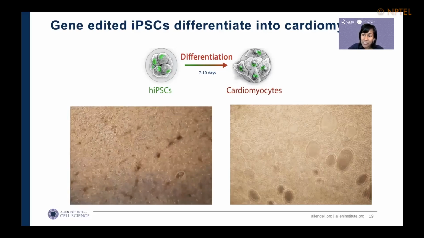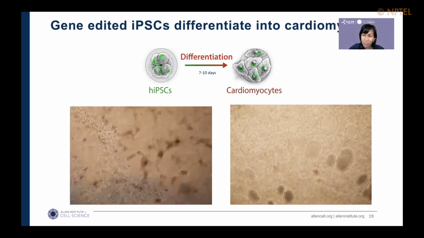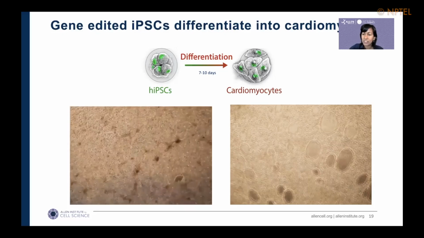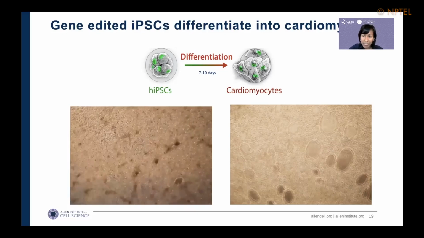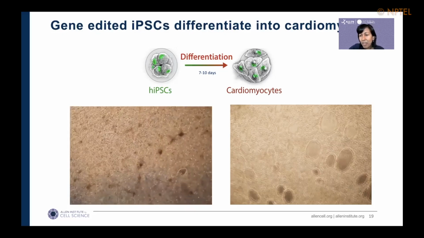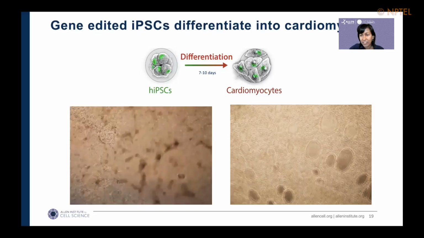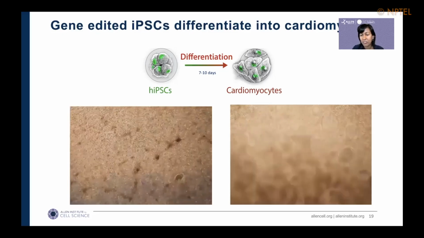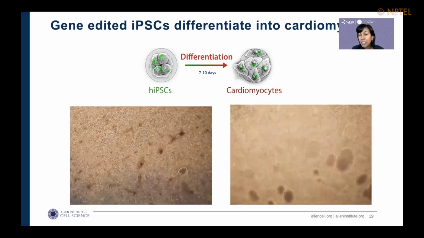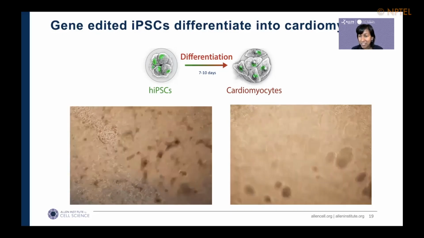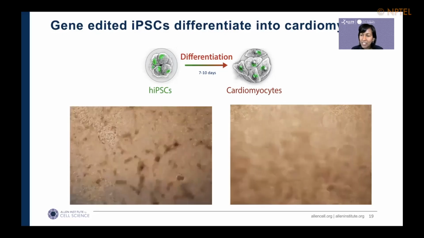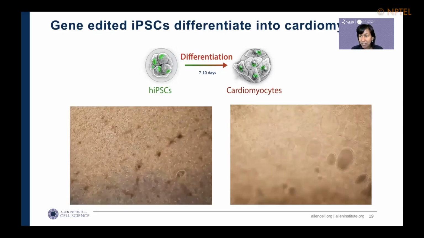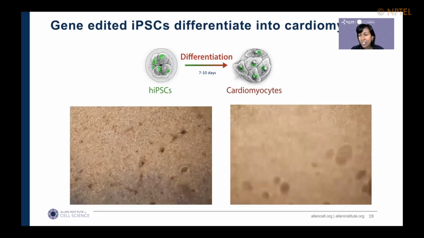So on the left is a sheet of cells that used to be colonies that are now beating synchronously, in a wave-like way, in a dish. And on the right, these cells are beating so fast, they're almost coming off the dish. That's why you see those holes in the middle, and they almost look like it could be a heart. But of course, this is very, very early muscle cells that we are making in the lab using these